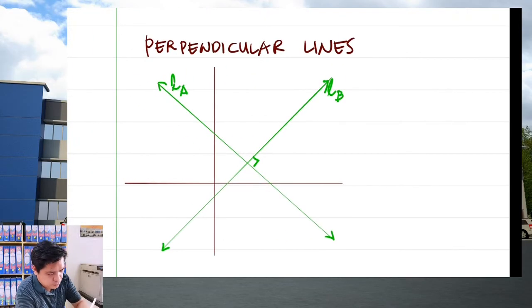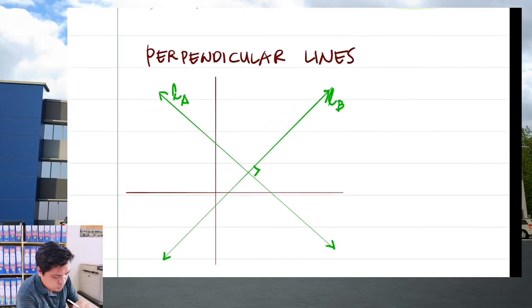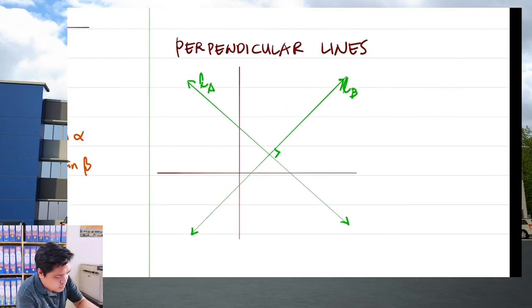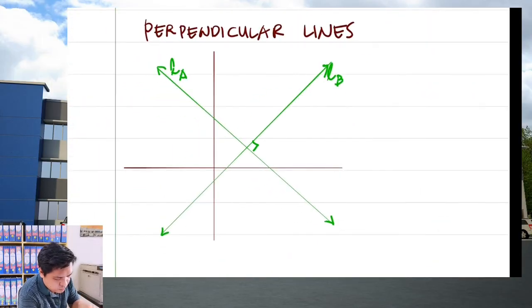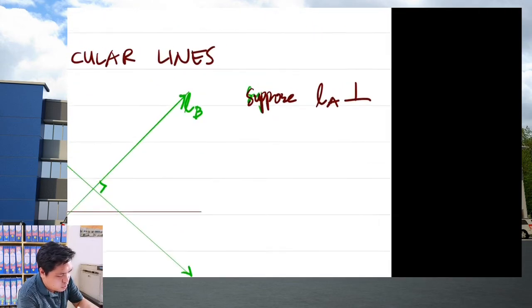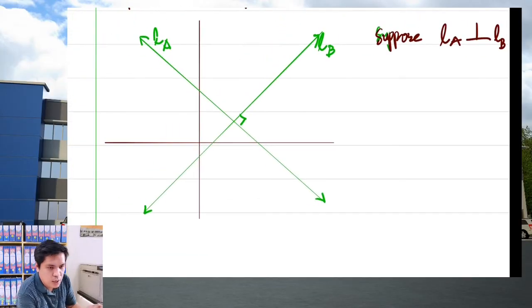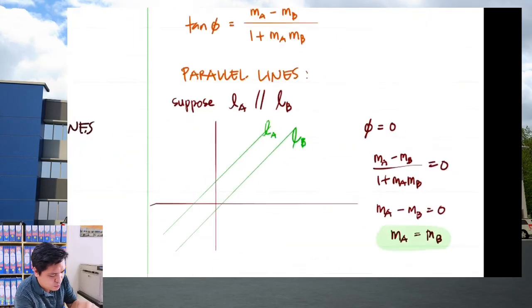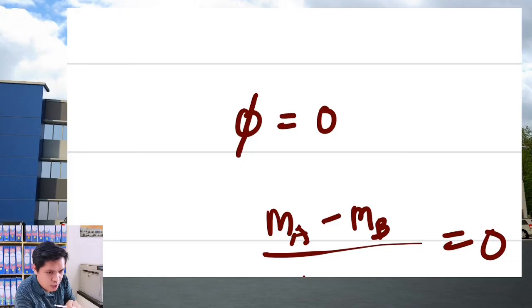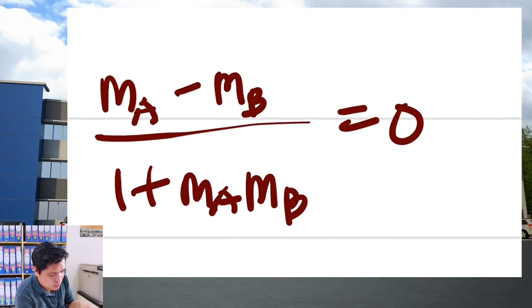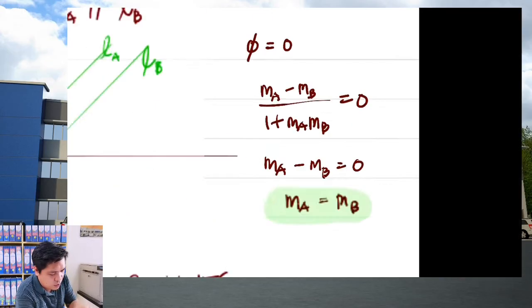Now, so they are perpendicular. Suppose line A is perpendicular to line B. So what does that mean? By the way, I didn't mention earlier: if phi is 0, tangent 0 is 0, right? Tangent 0. That's why it's 0 here. Okay? But this time,